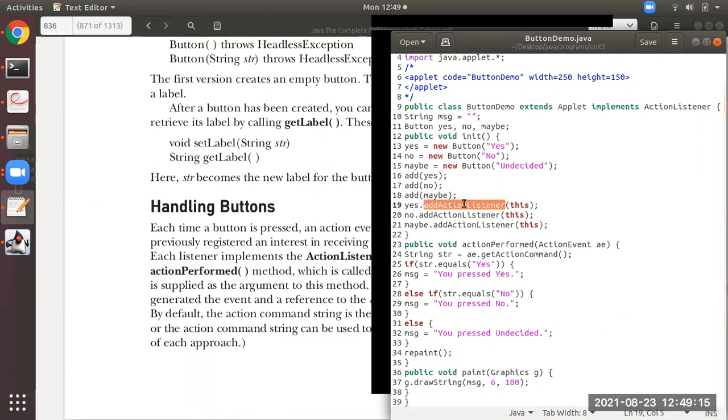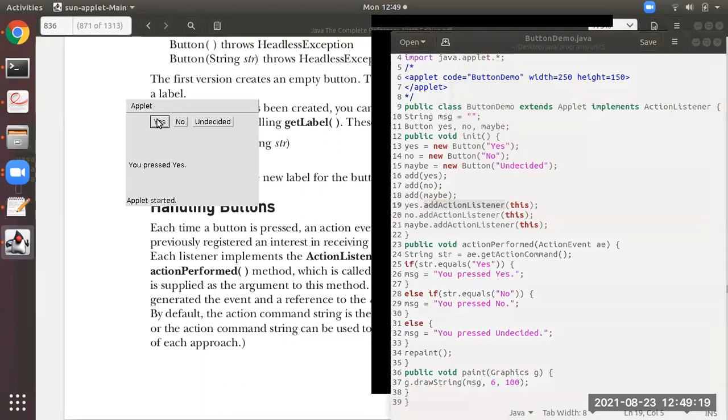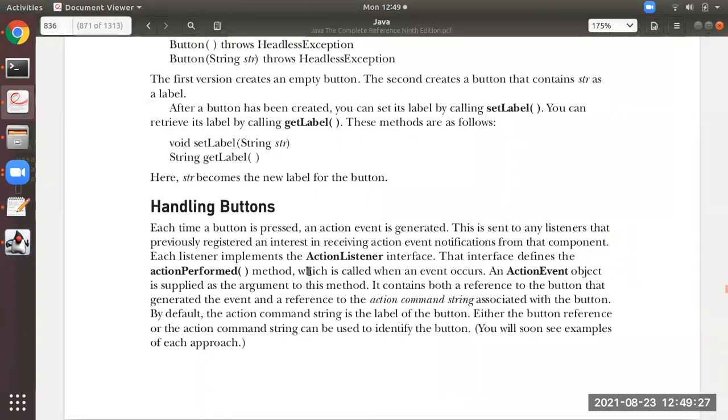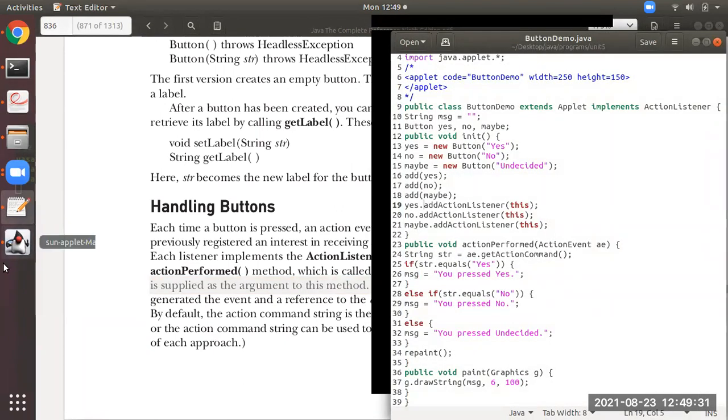Suppose a user clicks yes. Okay, let me show you. Suppose the user has clicked yes like this. So what will happen from here? What you can see over here is that the interface defines actionPerformed, which is called when an event occurs. So just observe.